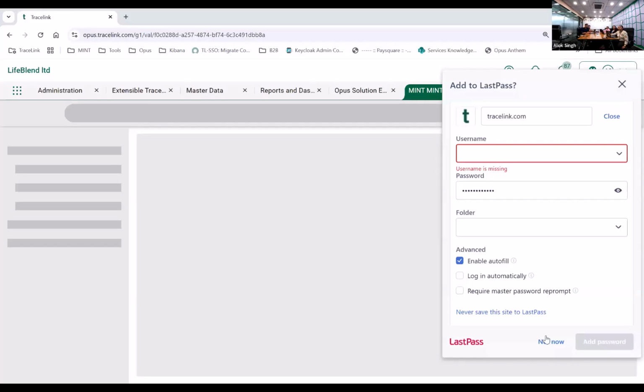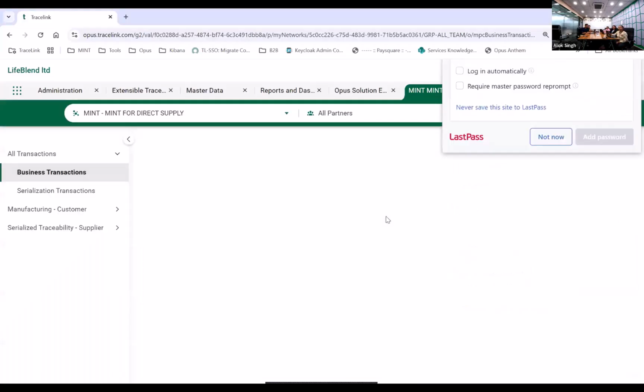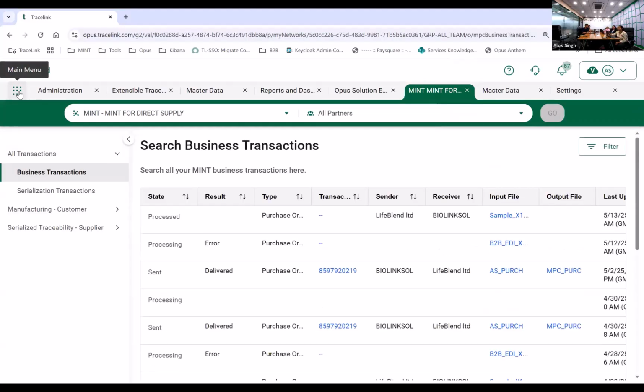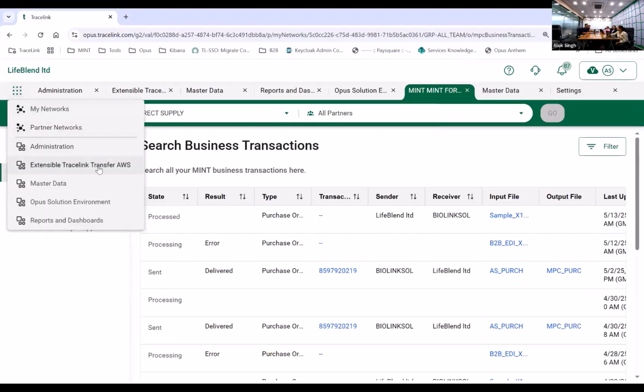Okay, so if you log into your test company, in the last session we learned about the Opus Ensemble. If you go to this main menu option, if the user that is logged into the company has access